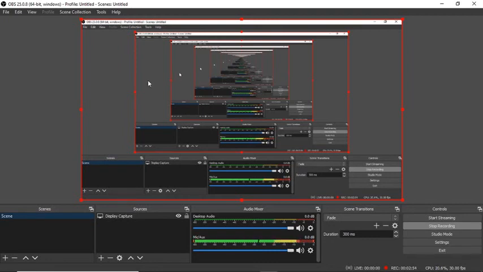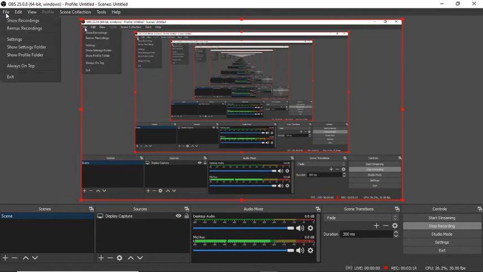So I'm going to take you not step by step, but in a very non-linear method, I'm going to show you what are the things that are around, so that you could clarify on whatever you have learned about Open Broadcaster software before. So the first thing we take into consideration is the files menu. You click on files menu, there are 7 to 8 options. We will be using only the first 3 options.